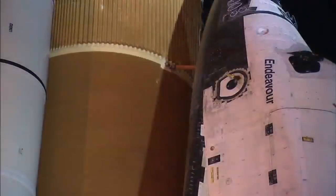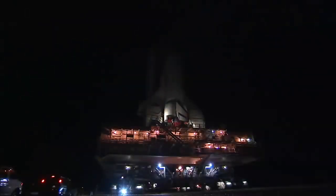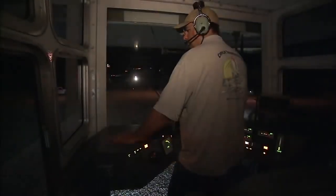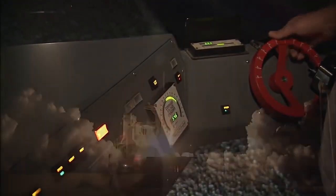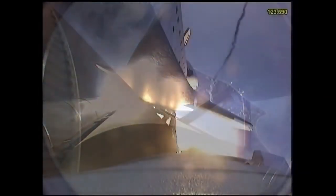Space Shuttle Endeavour is rolling out to Launch Pad 39A at NASA's Kennedy Space Center in Florida. In 24 missions, flown over 20 years, Endeavour has logged more than 103 million miles in space. The last of NASA's shuttles to be built, Endeavour prepares for her final flight,